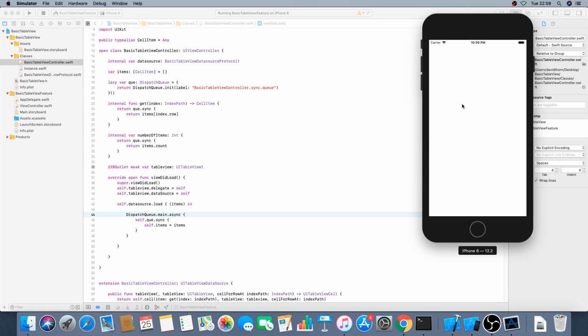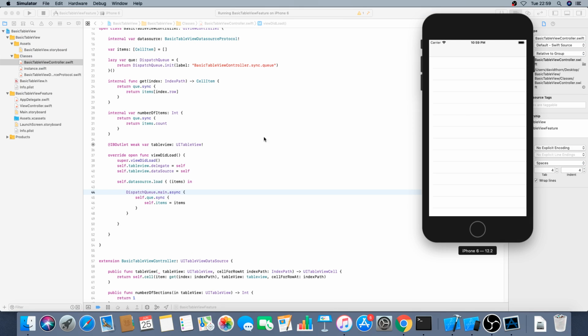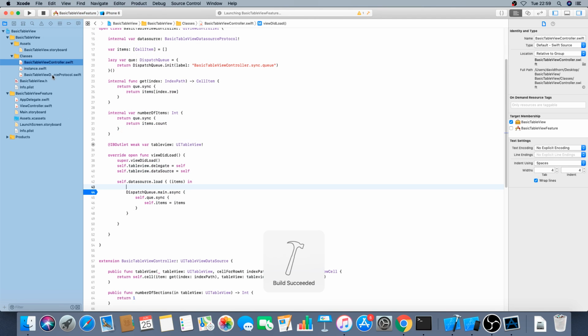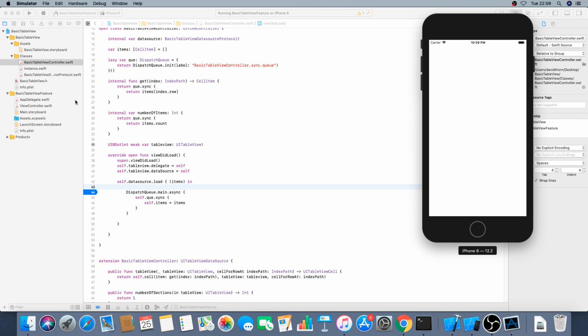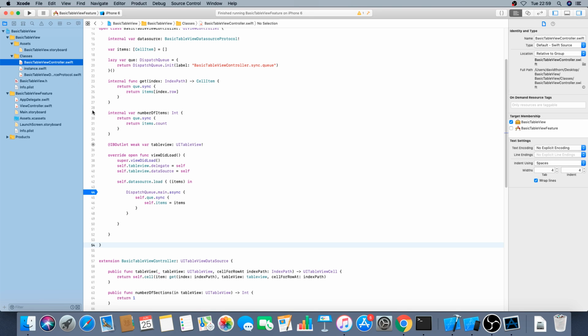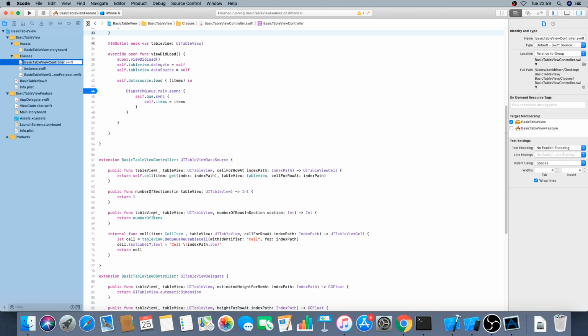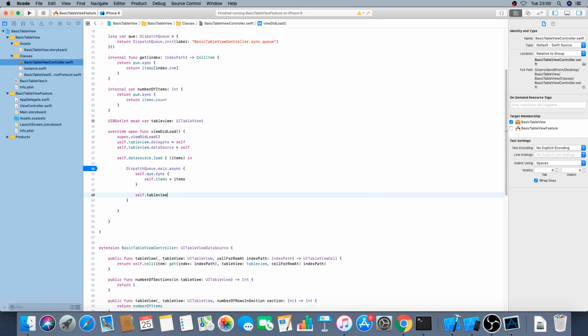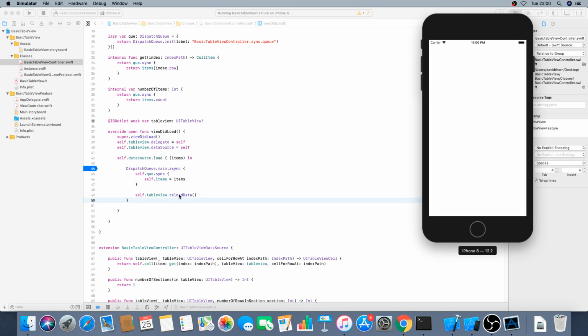So we come to our view controller again, and it didn't work. Let me see. Okay, it did send one item. Okay, all right, let's continue then. Let's have a look. Why? Number of items. Oh yeah, of course. And we need to reload the data as well, because we've got new items. Because this is done asynchronously, the table view would have been reloaded already, so we've got to reload it again,